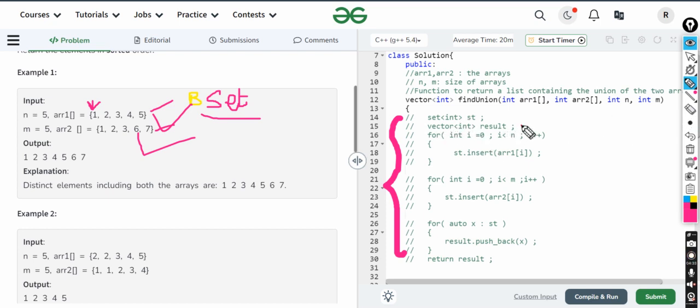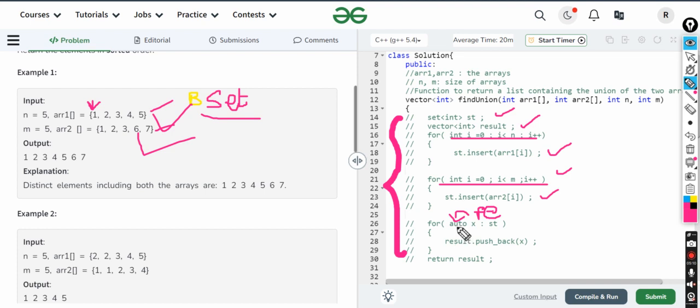So we'll see. I have created a resultant array and a set. I'll iterate through the first array and insert, then iterate through the second array and insert. Now this is just a for each loop. This is called a for each loop. Nothing very fancy, just a type of loop which is mainly used for different data types such as maps, hash maps or dictionaries, because it iterates flawlessly without any condition. It starts from each and every element and goes till the end.